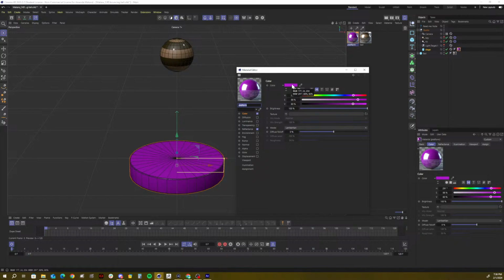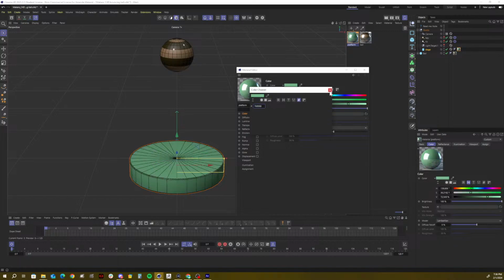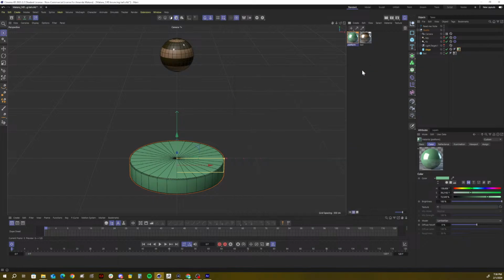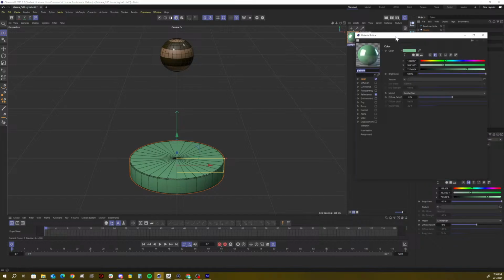I'm going to grab the color right here and do the same thing. Change this to my platform color. There we go. And I kind of, the shininess isn't bad. You guys can keep like that, the reflectiveness